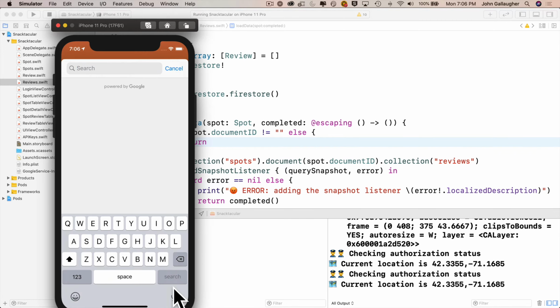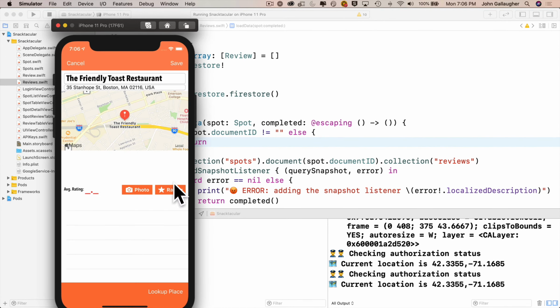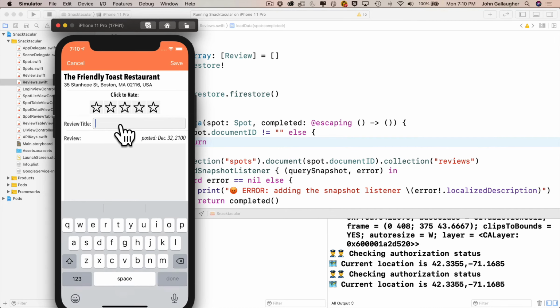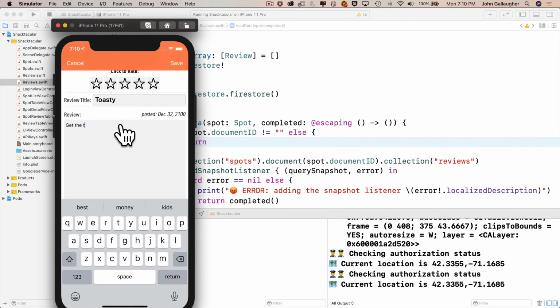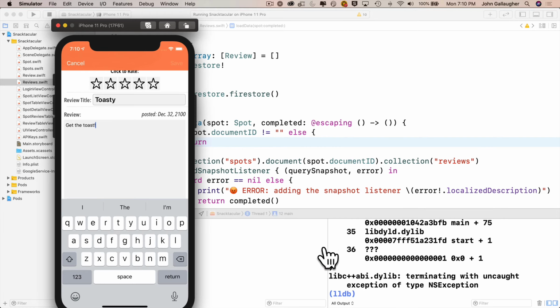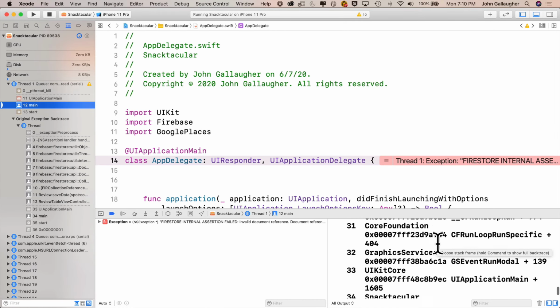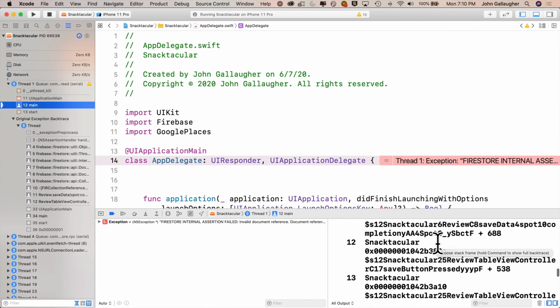I'm going to look up a place. How about the Friendly Toast in Cambridge? Then I'm going to click on the ratings button. Now what this does is it takes us to an area where we can type in a new rating. It doesn't matter what you type in, but watch what happens when we save. Oh, another gnarly crash. In fact, we're getting an error pretty much like we had before where it says Firestore